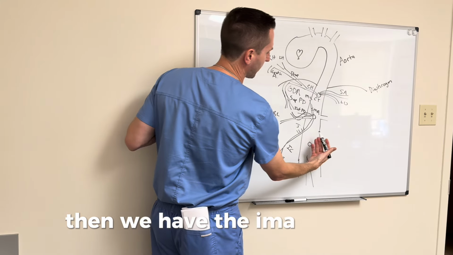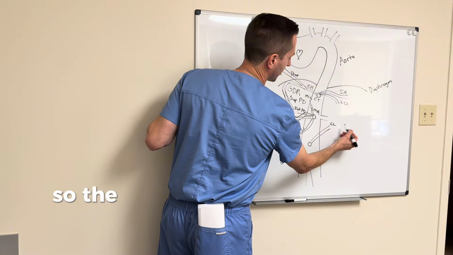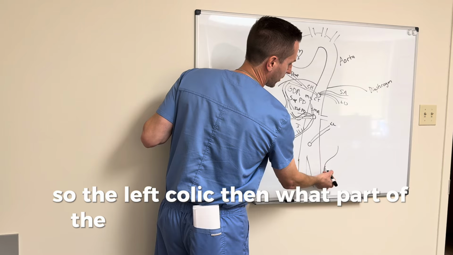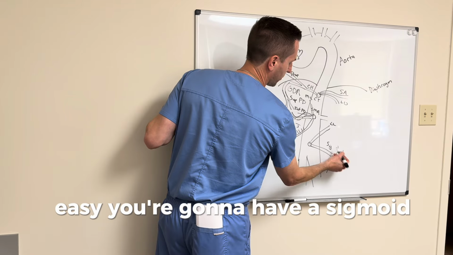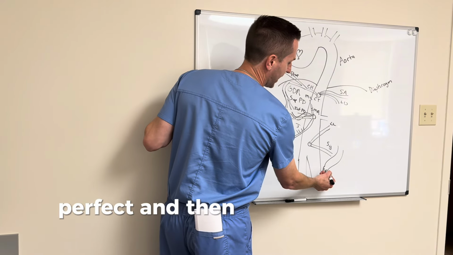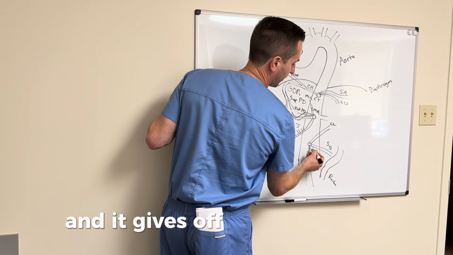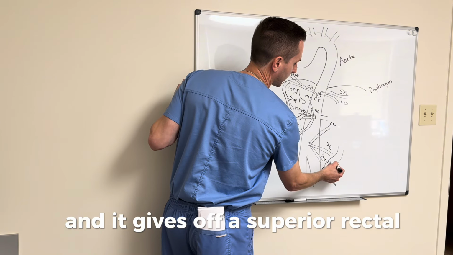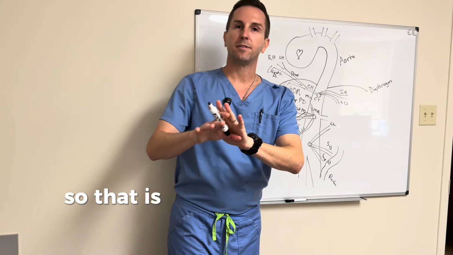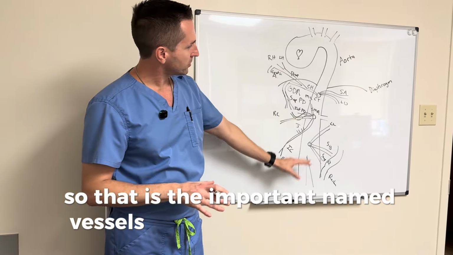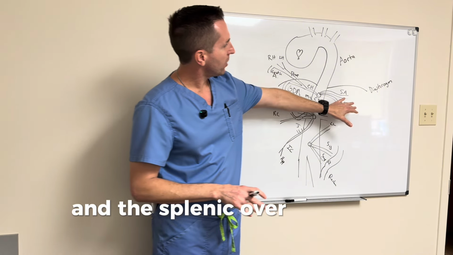Then we have the IMA over here. So the IMA is going to get the left colon. So the left colic. Then what part of the colon's coming down over here? Easy. You're going to have a sigmoidal branch. Perfect. And then you get to your rectum down here, and it gives off a superior rectal. Okay? So that is the important named vessels to the intra-abdominal organs,